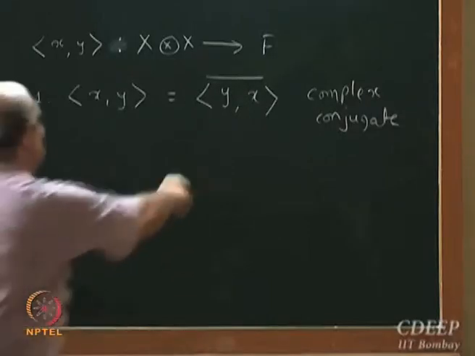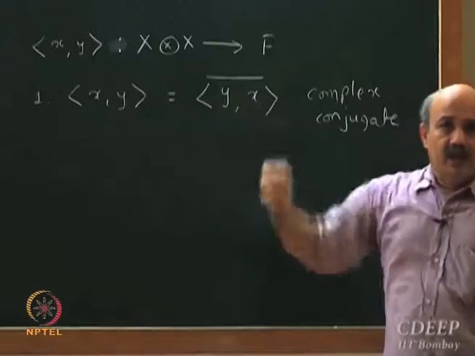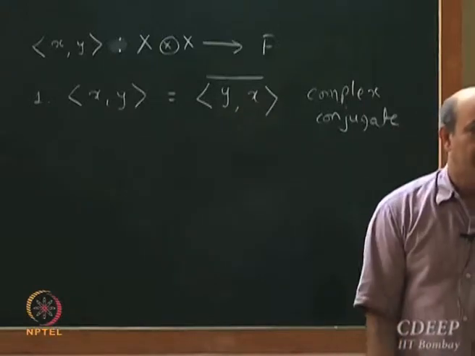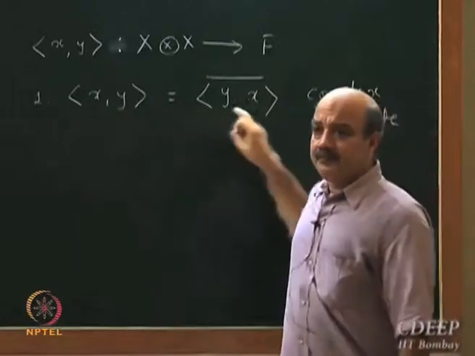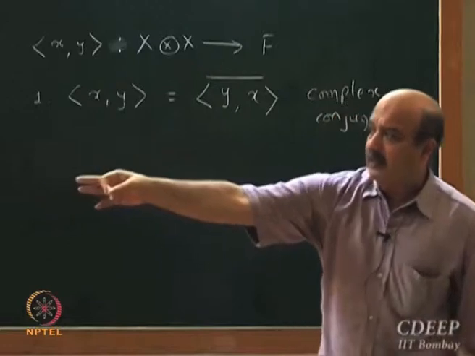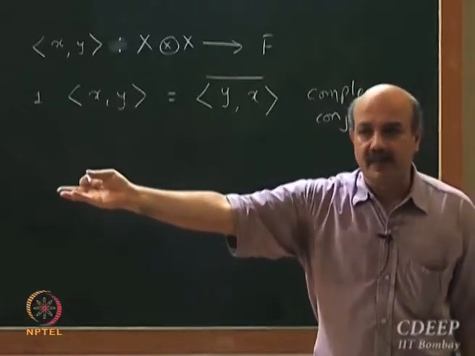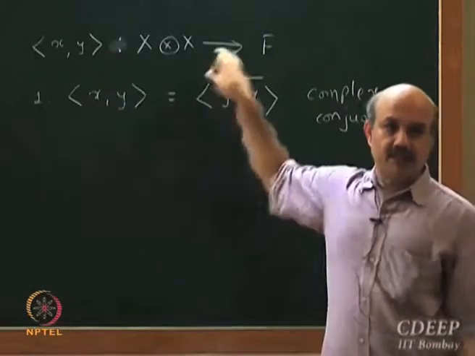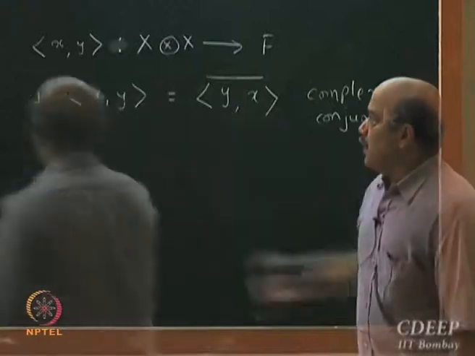the set of complex numbers. Well, if you are working with real valued vectors or real valued functions, then this is very obvious. If I change the order, if I make X transpose Y or Y transpose X, I am going to get the same value. With complex numbers you get a complex conjugate, that is important.